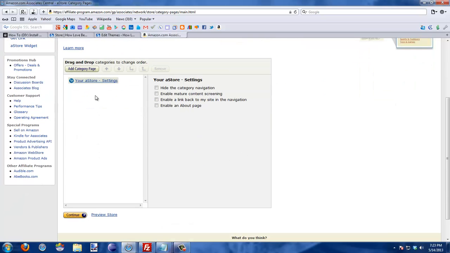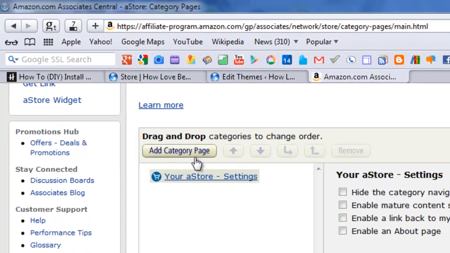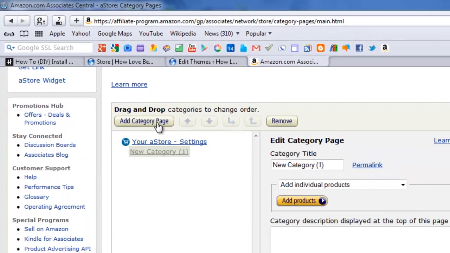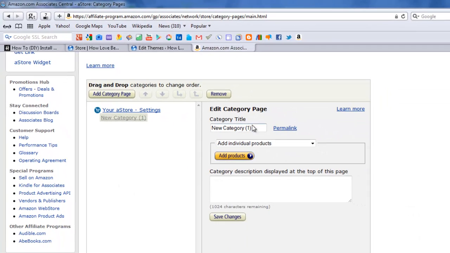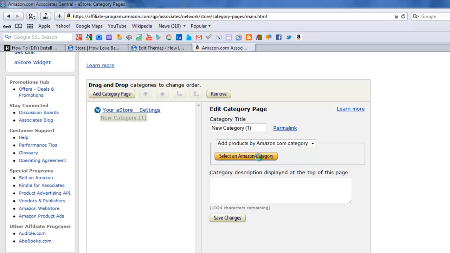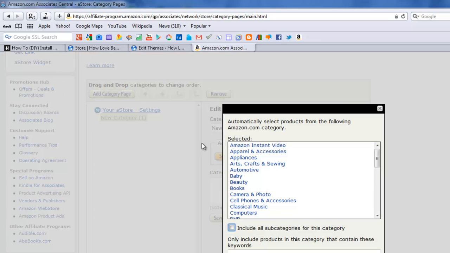So the next thing we're going to do is add categories. So I'm going to click Add Category Page. You can name the category, you can add specific products, but the easiest way to do it is actually to choose categories that are already on Amazon. So I'm going to pick Add Products by Amazon.com category. Then I'm going to click Select an Amazon category. Inside of here, I can select any of these, and let's just say I want to sell cell phones and